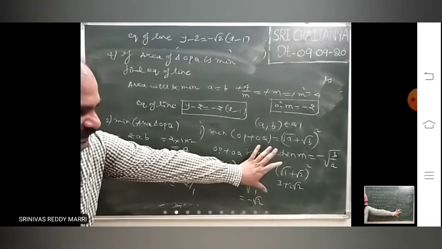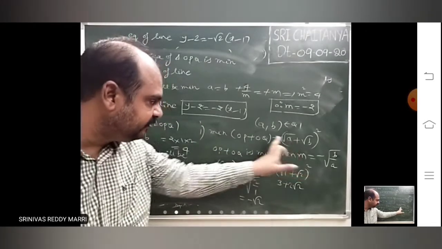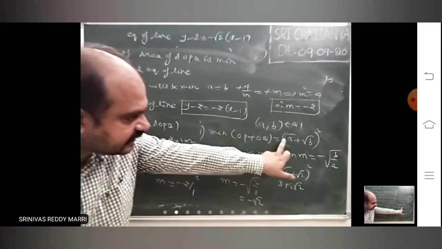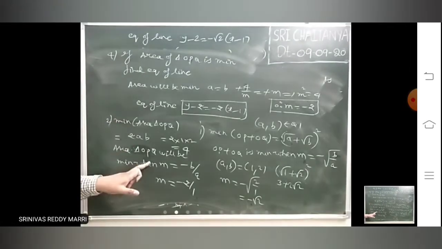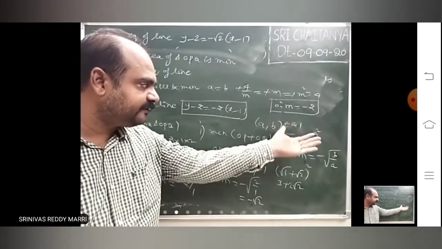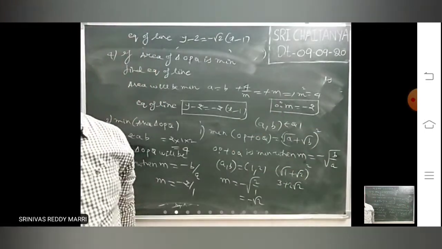So like that, these are standard models. You can remember. Especially minimum value he will ask in the exam, and even he can ask anything. So simply this and this you remember. If the same type of question comes, you apply. If some other type of model is given, the logic I told.